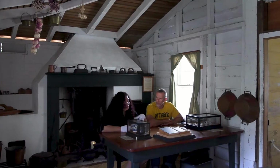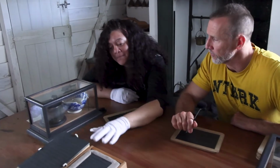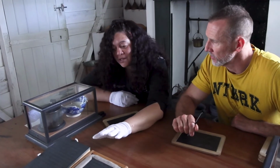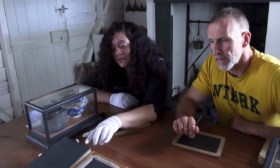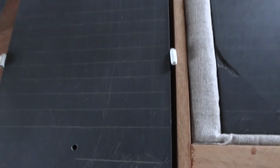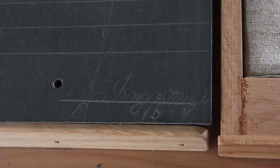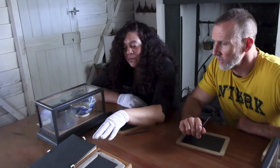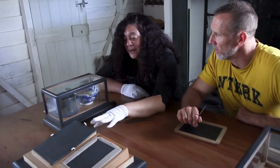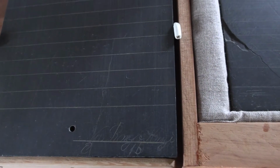It has. So these slates were found under the floorboards in this particular area. There were two of them, plus there was a child's taiaha. The significance about them is at the end of this one, there's a beautiful signature, and it says Nā Rongo Hongi, 16 years old. We don't actually know what she used to mark her name, but it left a permanent